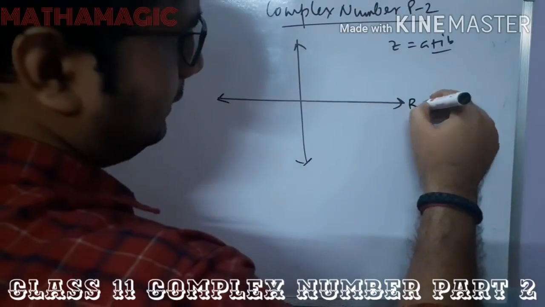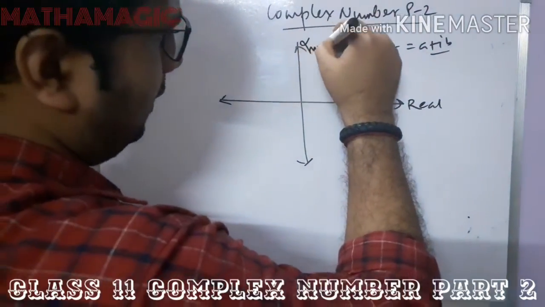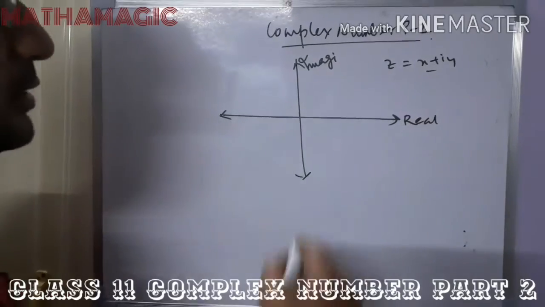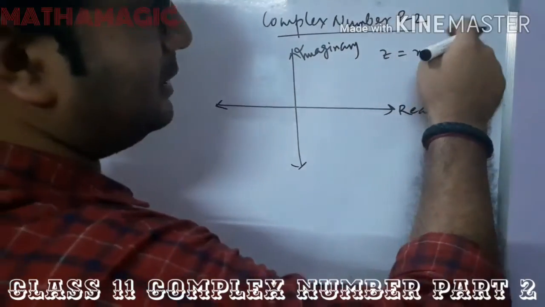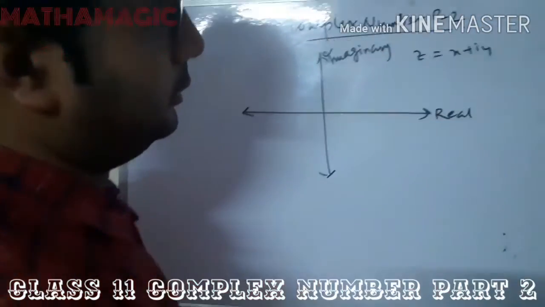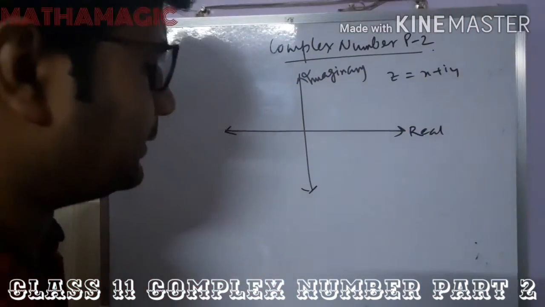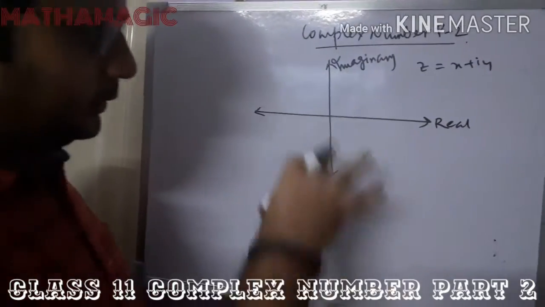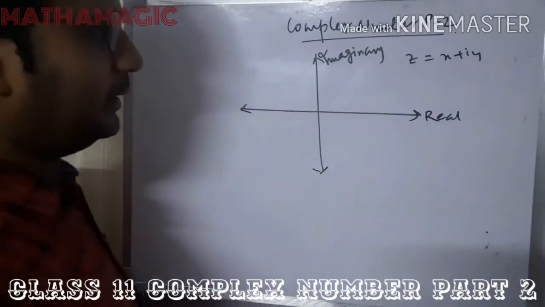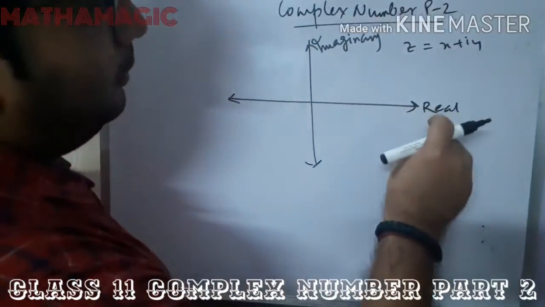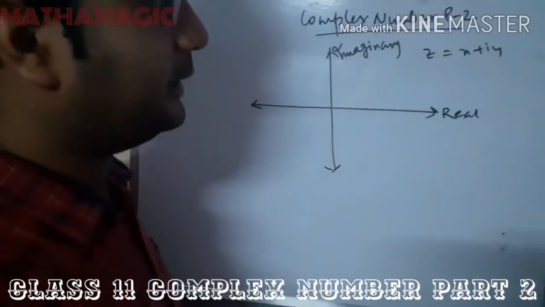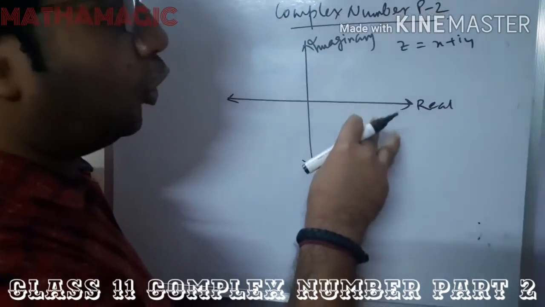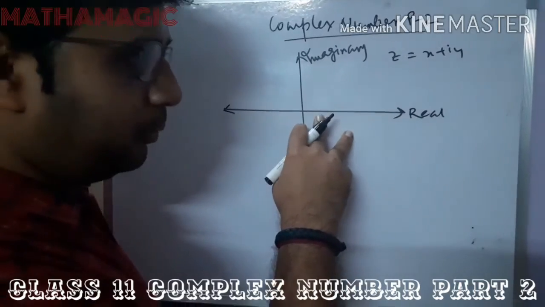So we have already discussed that this is called the real axis and this is called the imaginary axis, because let it be x plus iy, so it will be easier to understand. So this is the imaginary axis because the imaginary number is associated with y and real number is associated with x. So if we want to plot any complex number in this particular format, then we can say, please try to remember it properly, try to listen properly, that if a complex number has only the real part, then it will be on the